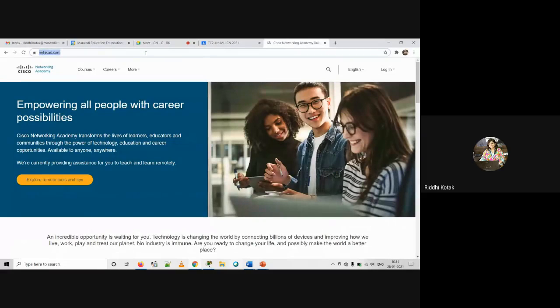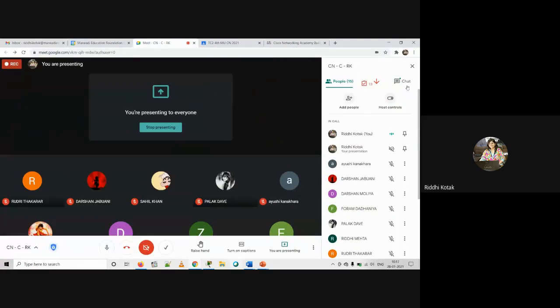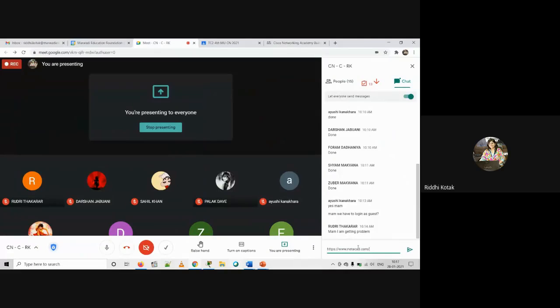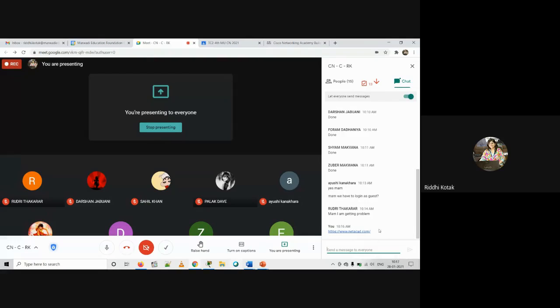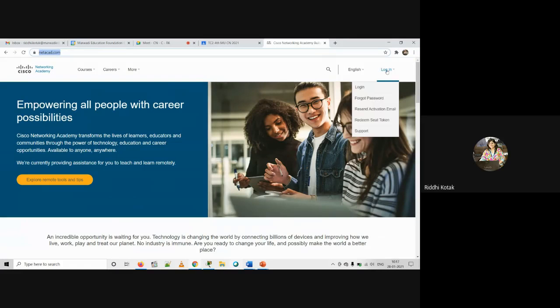Yes, so you have received a mail from this link, or you can redirect to this link. In your institute ID, you have received your username, which will be your Marwadi University email address, and the password you have to register and generate. That is the first step. So you just take your time and go with the login.